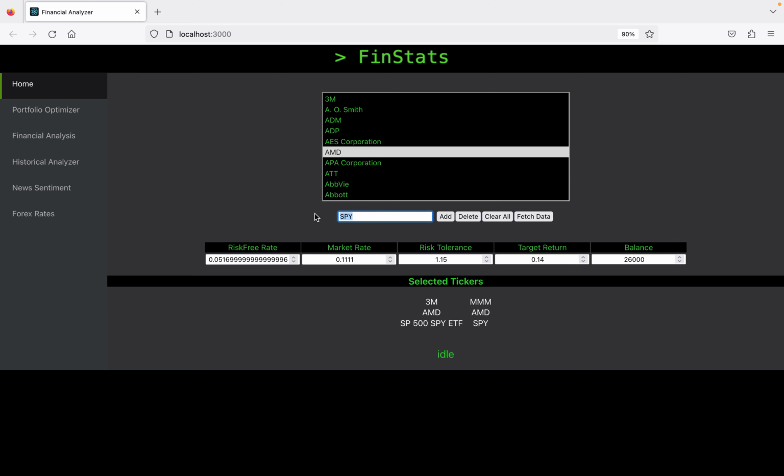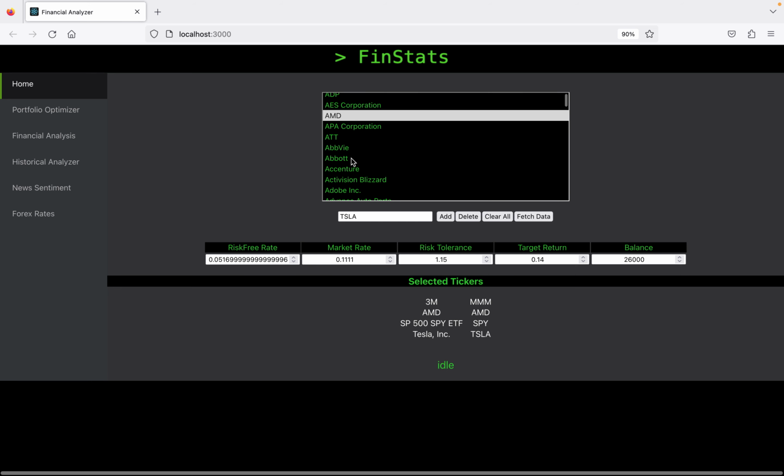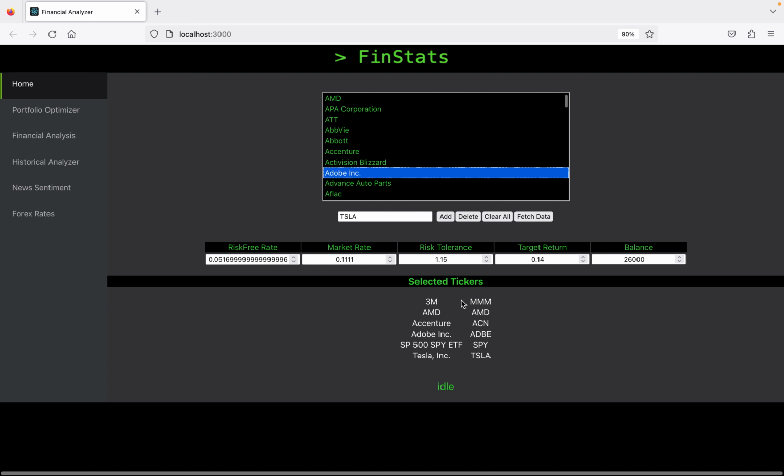If we try to add like BNTX, it's not in the S&P 500 list, so it won't add that. If we do like BTC, it won't add that. But if we do Tesla, it will add that. So this is two ways to input the stocks in this. We can do Accenture, Adobe, and now that we're satisfied with our stock ticker list,